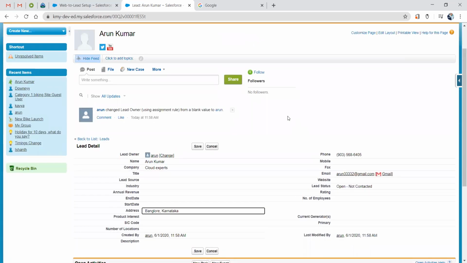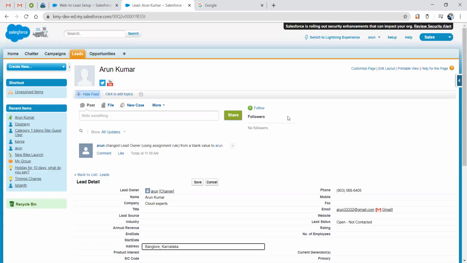What he will do is simply pass the Web to Lead form, so that the person entering his details will submit without logging into Salesforce, and that will be sent as a lead in Salesforce. So it avoids this for security purposes. The manager need not share his credentials with the person who is adding his lead details. In that way, it is a useful thing.